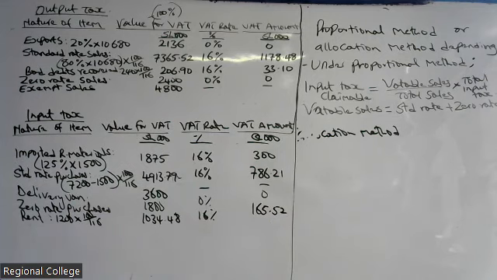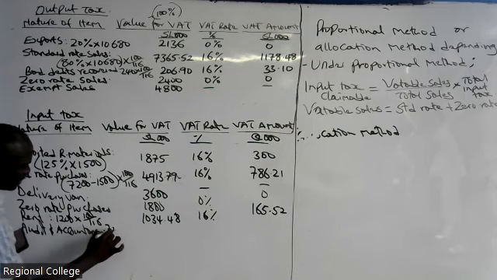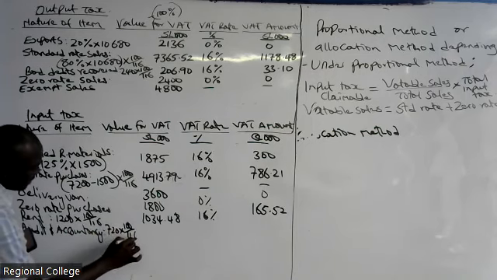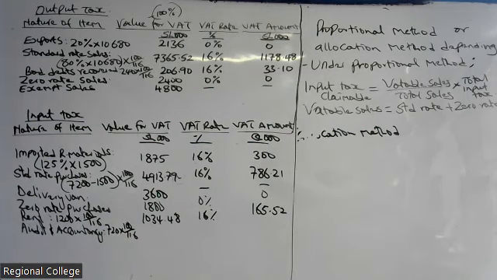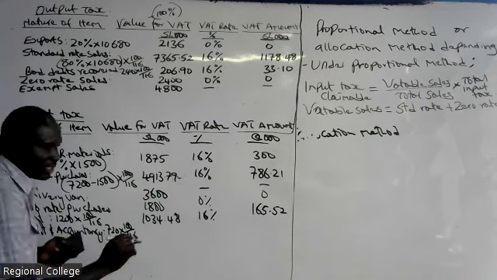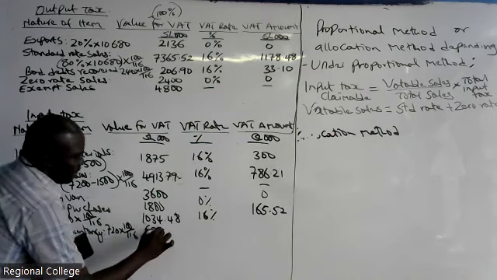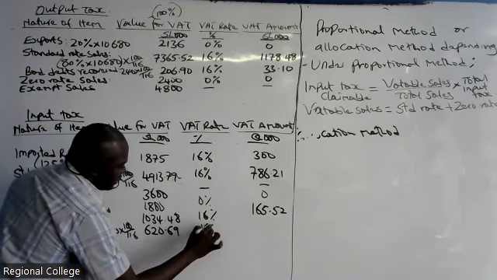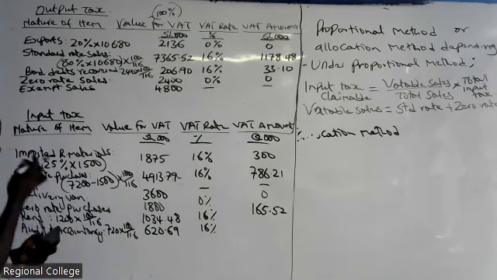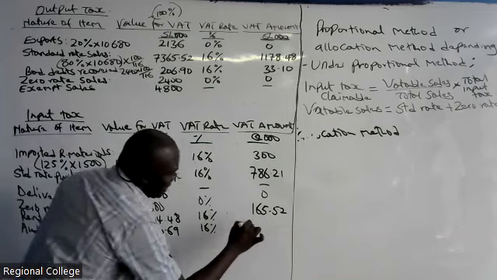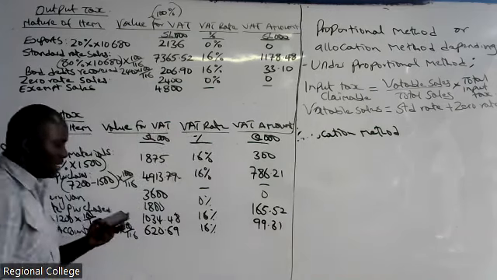Gonna audit in accountancy. Tunalipia. So audit and accountancy 720, 100 over 116. 680. 620. 16%. 90. 99.31. Wengine imebaki